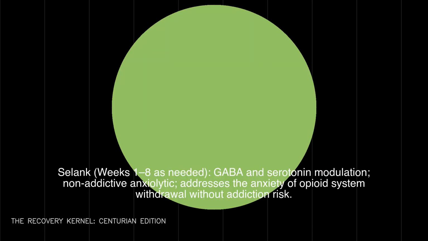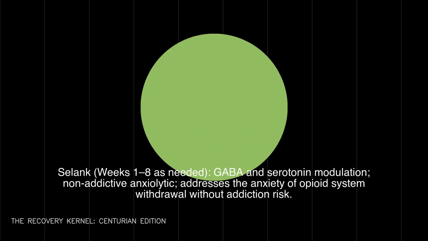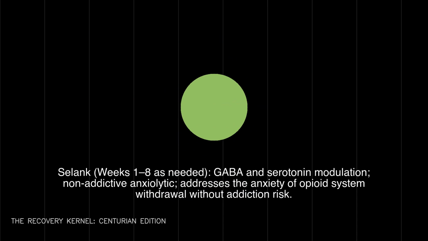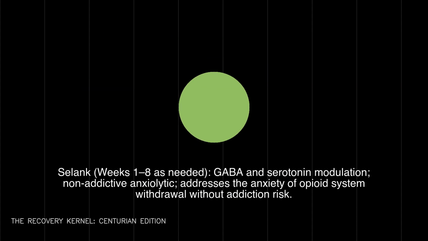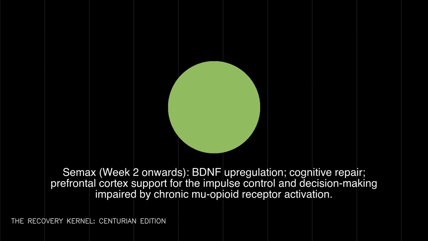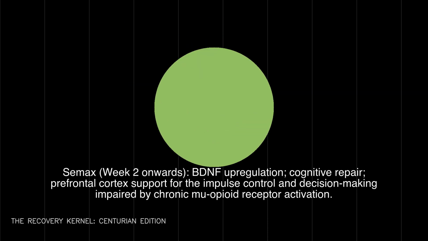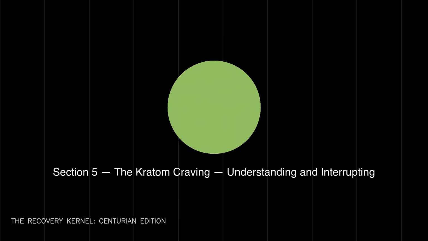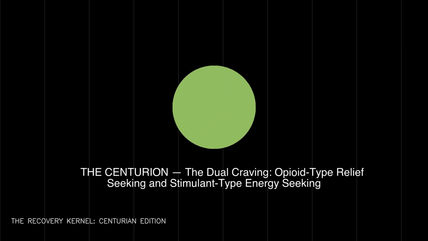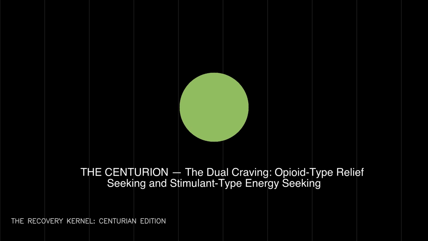4.7, peptide support. BPC-157, daily, oral, mu-opioid receptor pathway modulation, gut-brain axis repair from kratom's GI effects, dopamine and serotonin normalization. Selank, weeks 1 to 8 as needed, GABA and serotonin modulation, non-addictive anxiolytic, addresses the anxiety of opioid system withdrawal without addiction risk. Cerebrolysin or Semax, week 2 onwards, BDNF upregulation, cognitive repair, prefrontal cortex support for the impulse control and decision-making impaired by chronic